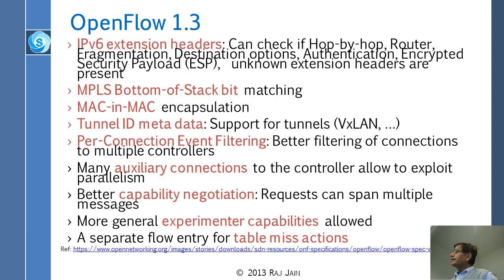All right, better connection capability negotiation. So what is capability negotiation? Basically, when the switch comes up, the switch and the controller talk, and the controller asks, what are the things that you can do? Well, I can do version 1.1. That's a capability. All right, the controller may not like it and say, sorry, I can't manage you, forget it. Or it may say, okay, I manage you. So there is a negotiation also going on, right? So this is called negotiation, but this is basically capability discovery in the first place, right?